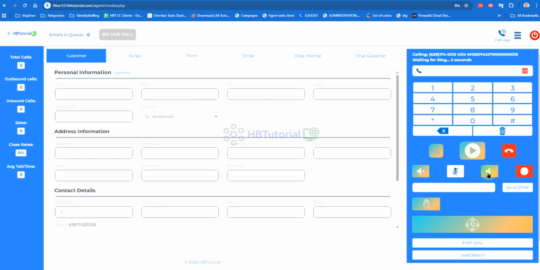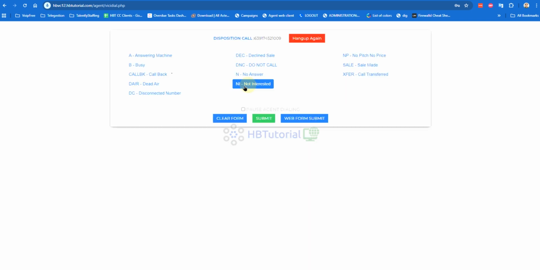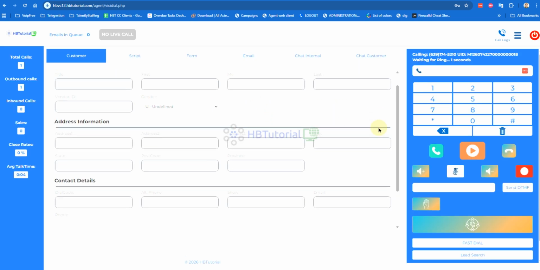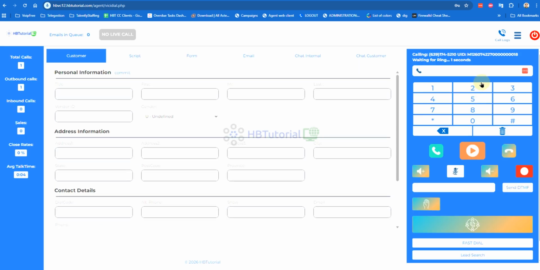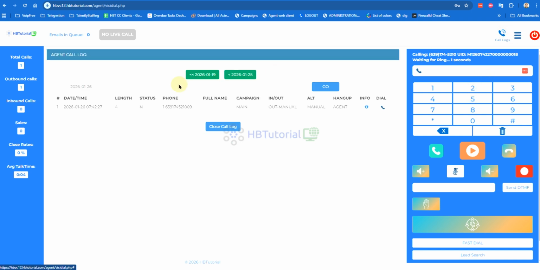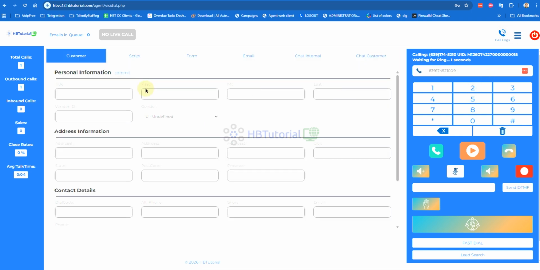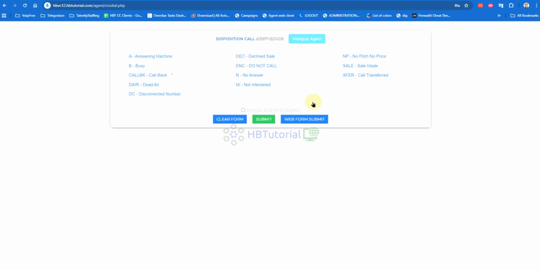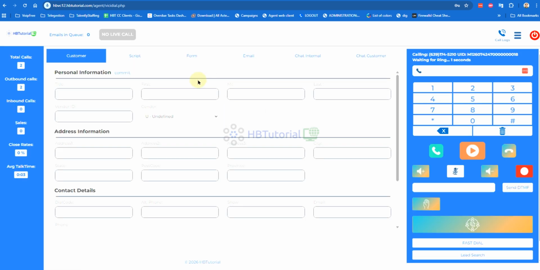Okay, then hang up. Okay, so no answer, and push agent, then submit. Okay, call logs. Okay, then dial again if you want. Okay, so no answer.